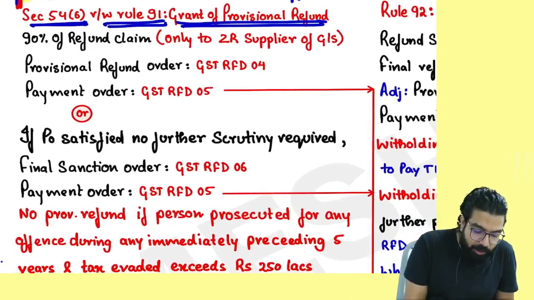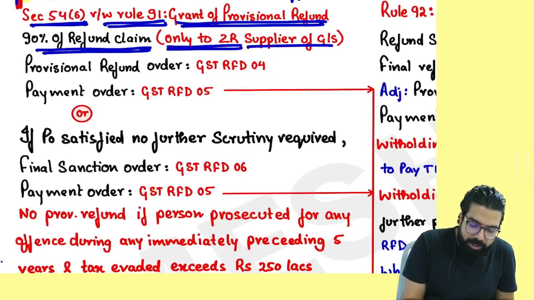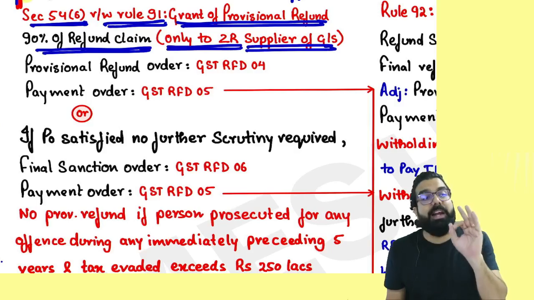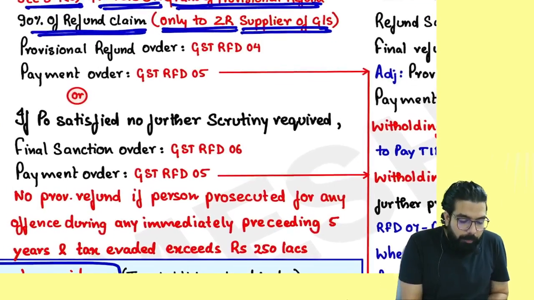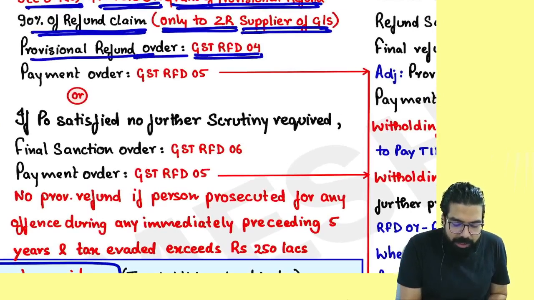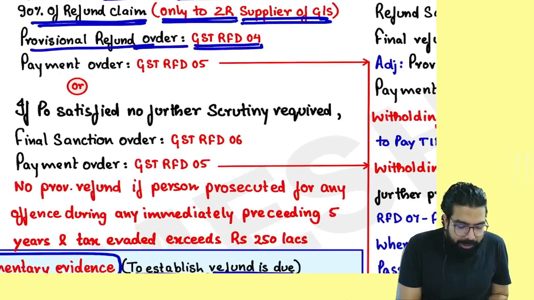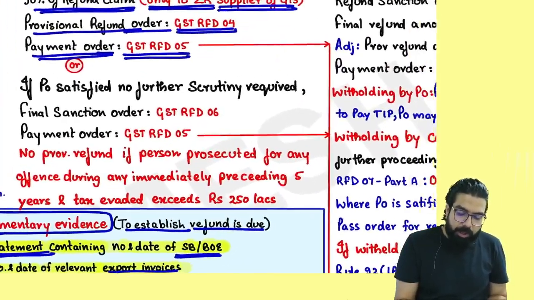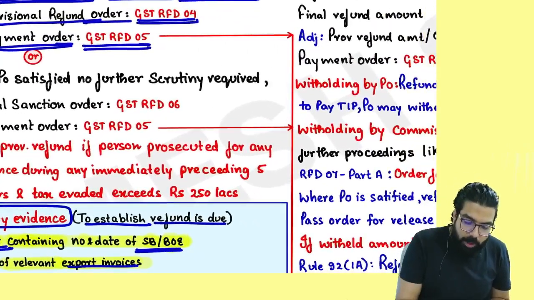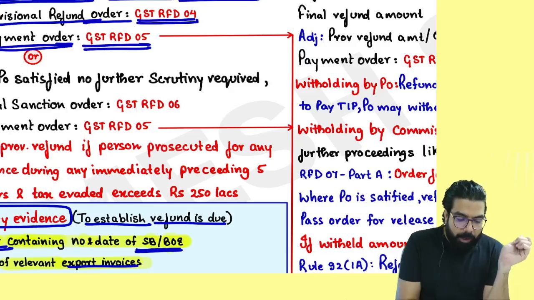Sir, 90% of the refund claim only to zero-rated suppliers of goods and services. 90% of the refund should be given to them immediately. Provisional refund order will be issued in RFD 04 and payment order will be issued in RFD 05. Everyone over here now. Always remember the payment orders which are issued,